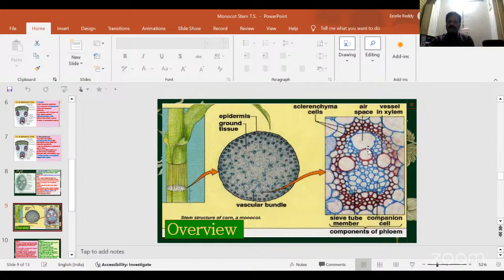Like dicot stem, in monocot stem also, protoxylem is towards the center. That's why the condition